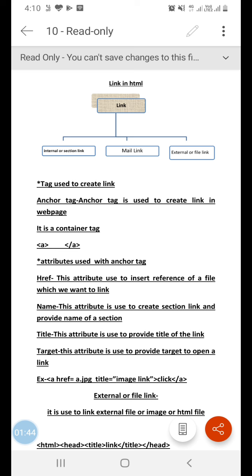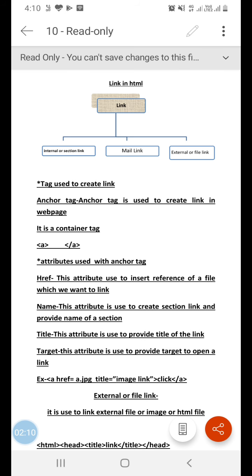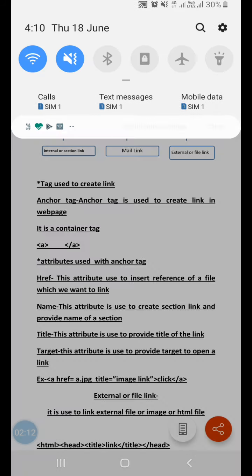This attribute is used with the anchor tag to provide the reference of the file which we want to link. We can link an HTML web page, image file, audio file, video file, etc. as a hyperreference.